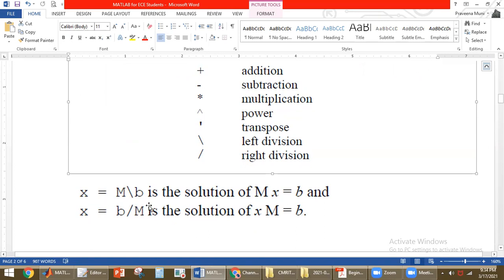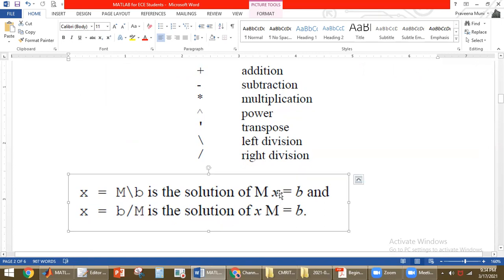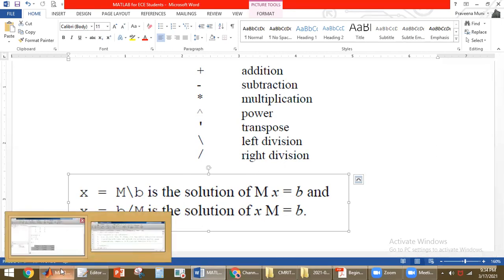This is the difference between left division and right division. If the matrix is defined in the form mx is equal to b, to find x you use left division. If the equation is given in the form xm is equal to b, to find x we have to use right division. These are the operations we can perform on matrices.